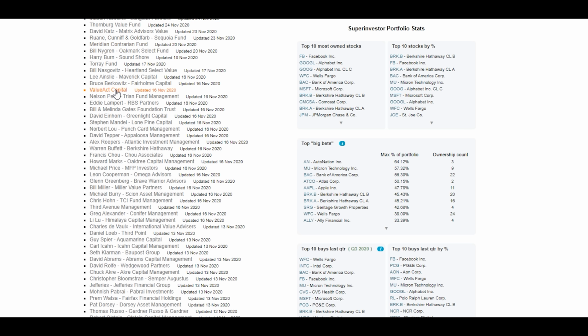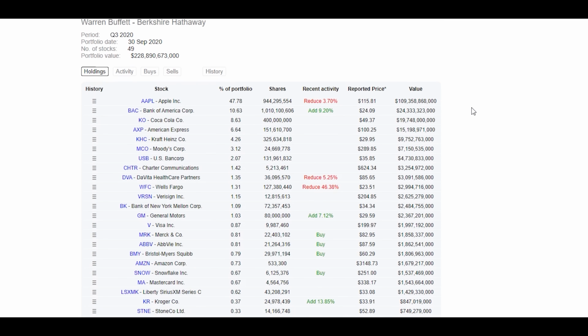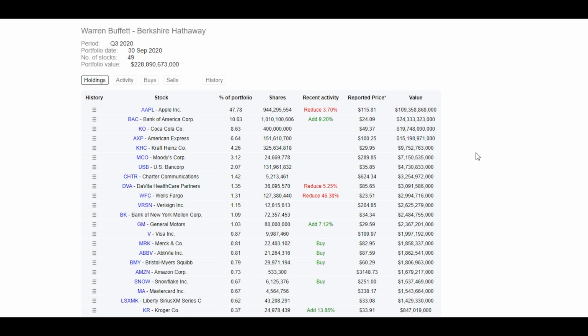Let's try and find Warren Buffett. Where is he? Where is he? Warren Buffett, there he is. So you can pull him up and you can see his whole portfolio of 49 stocks, and you can see